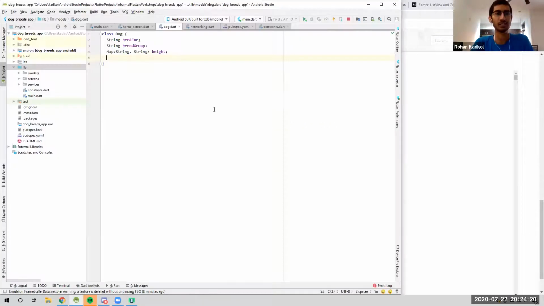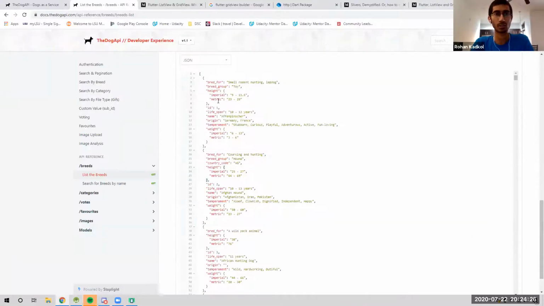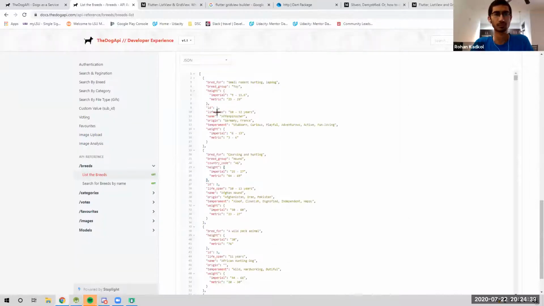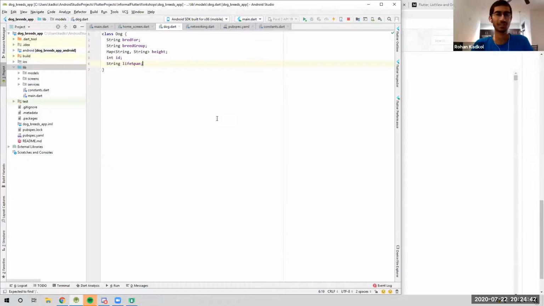Next, ID. Do we need ID? Yes, we need. It's very important. Int ID. It's very important because we can get more information about this specific dog by querying it by its ID. Lifespan string, lifespan string. Name, of course, the biggest,